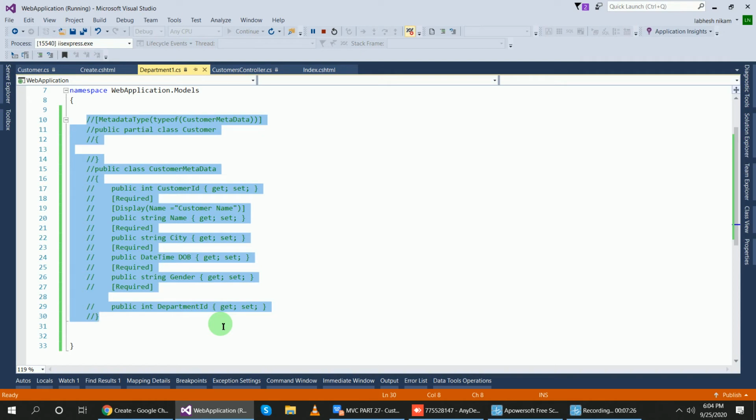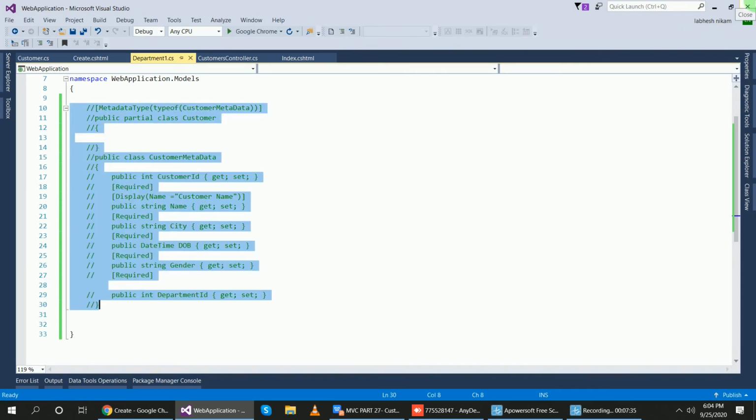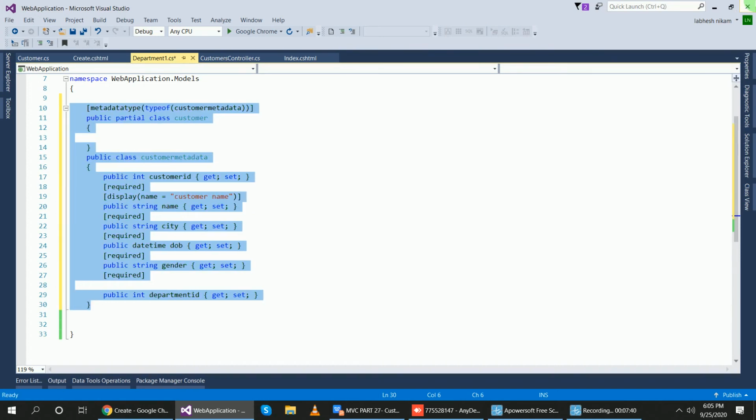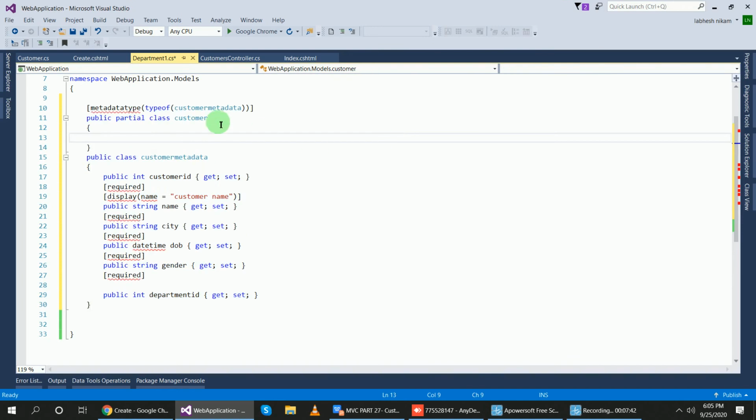So I will remove this comment and use it in the action. For that, uncomment the code, Control K U. This is for the public partial class of customer. And what you have to change is to add the required attribute for all the fields, leaving date of birth.